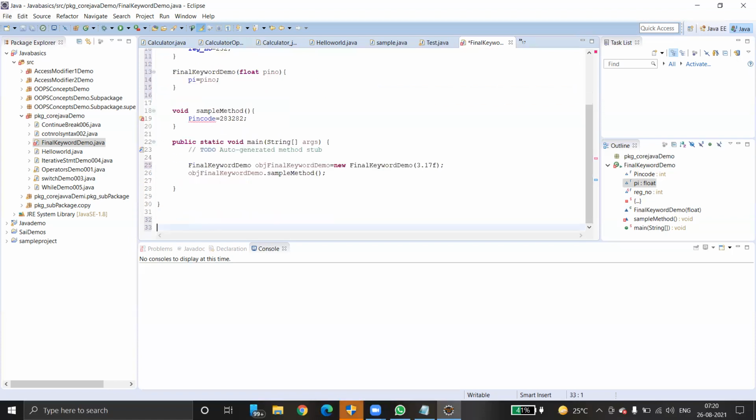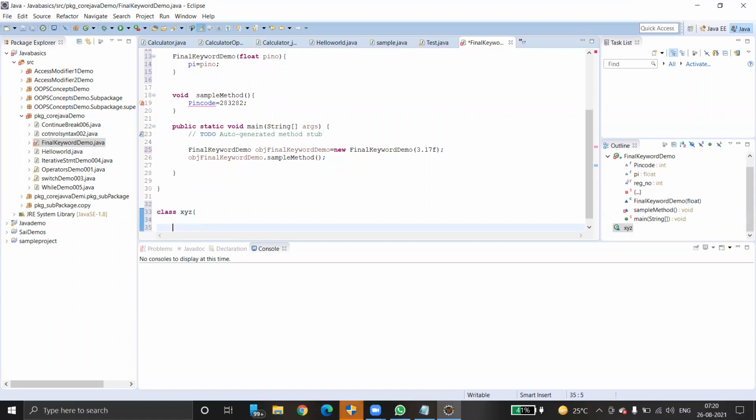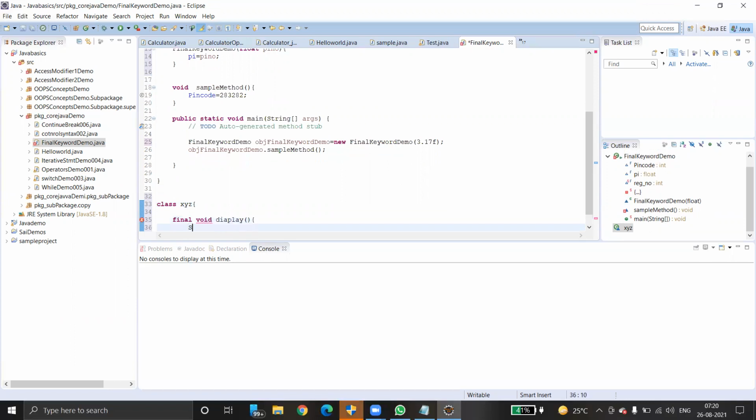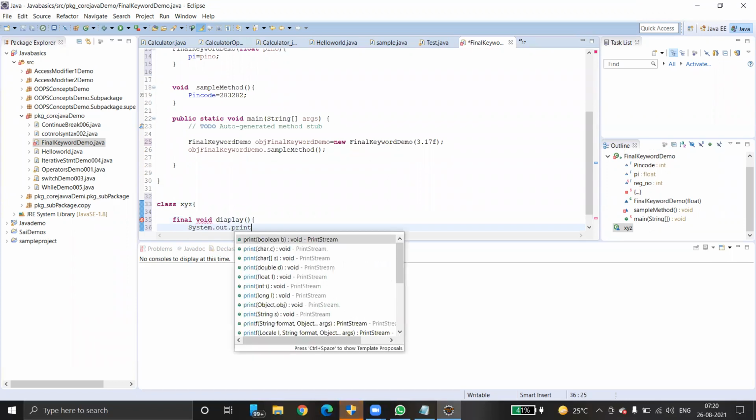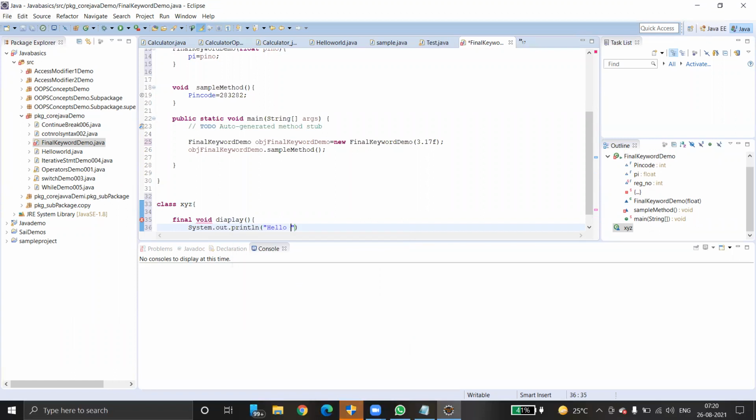I will create one more class, XYZ. Inside this, we have a final void display, System.out.println, "Hello, this is display of XYZ class." That's done. Now I just want to override it.